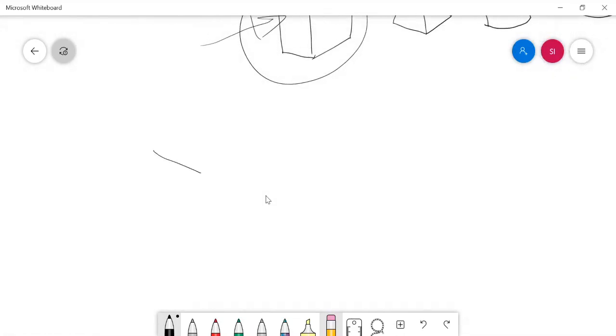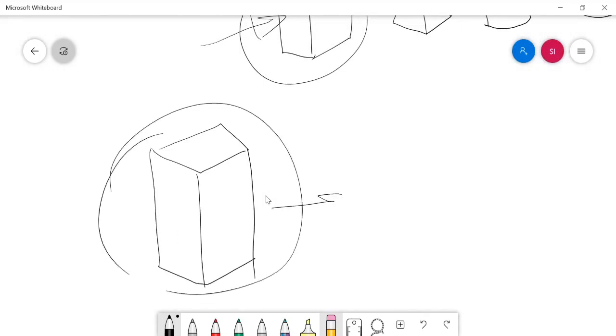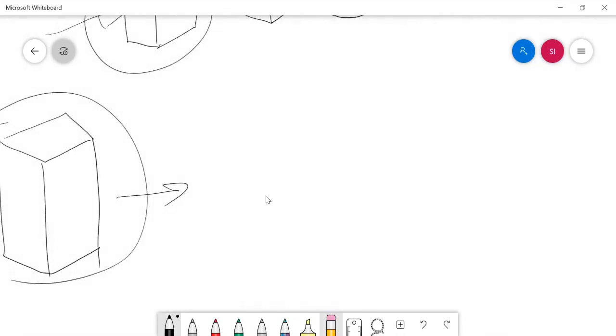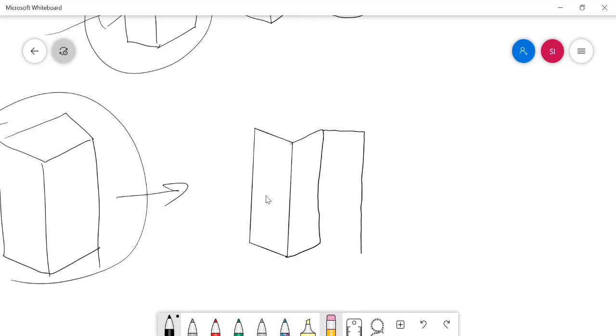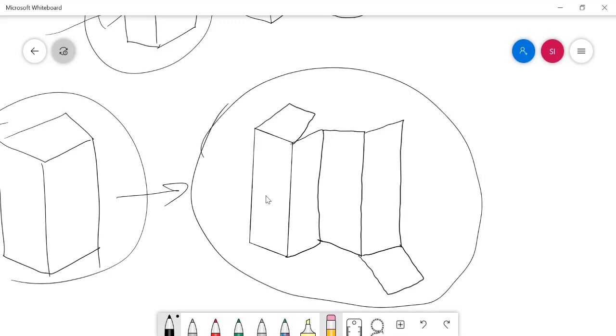For example, just consider if this square prism box is uncovered, that is, I just open it. What will you get in this way? You will get a structure like this.